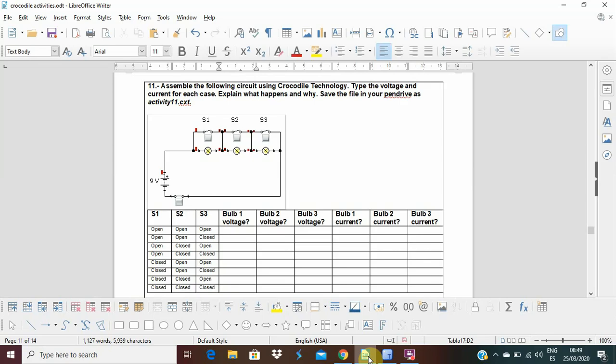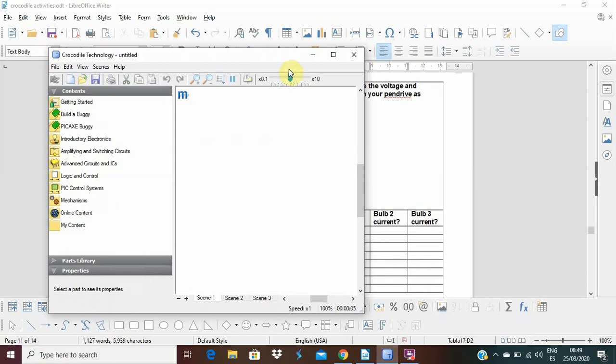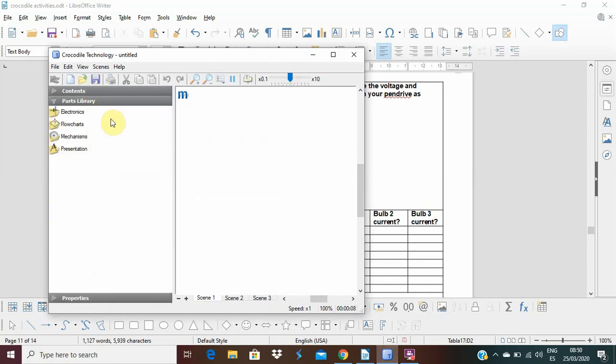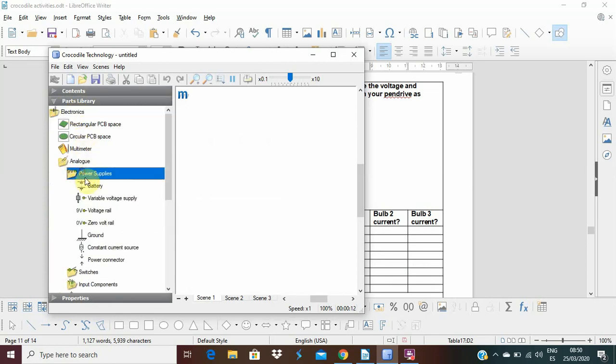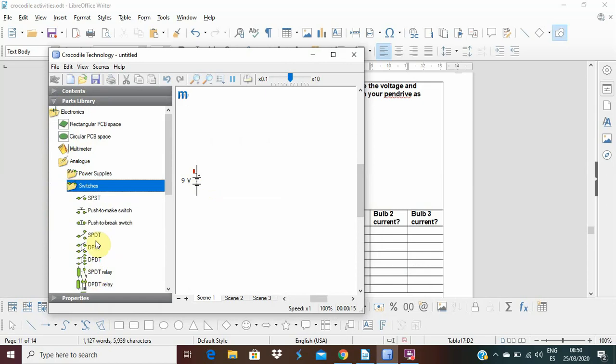To explain the way to do activity 11. Okay, firstly in Crocodile you have to drag the parts you need here: electronics, analog, power supplies, battery, now switches, single pole, single throw,